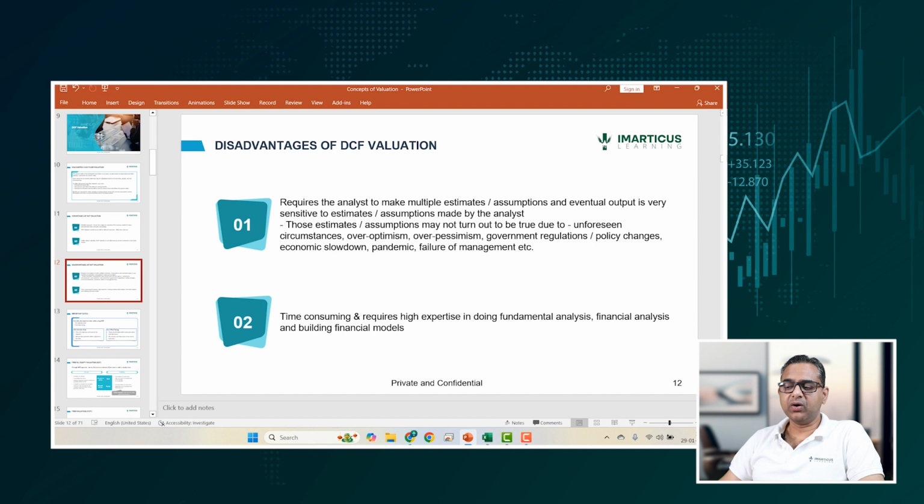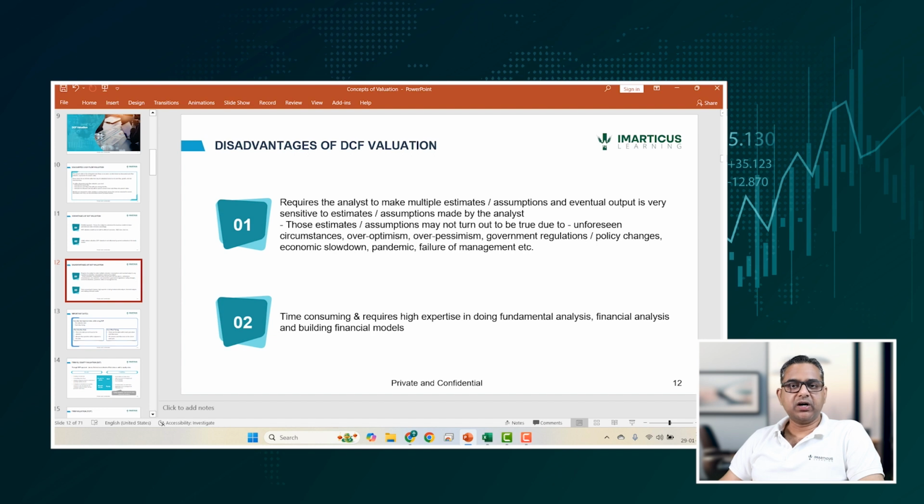These estimates may not turn out to be true due to unforeseen circumstances, over optimism, over pessimism, government regulations, policy changes, economic slowdown, pandemic, failure of management. Like we discussed, the DCF valuation models built in 2019 could have never predicted COVID. So all those estimates go for a toss because of that pandemic. Similarly, government regulation and policy changes could have a significant impact on